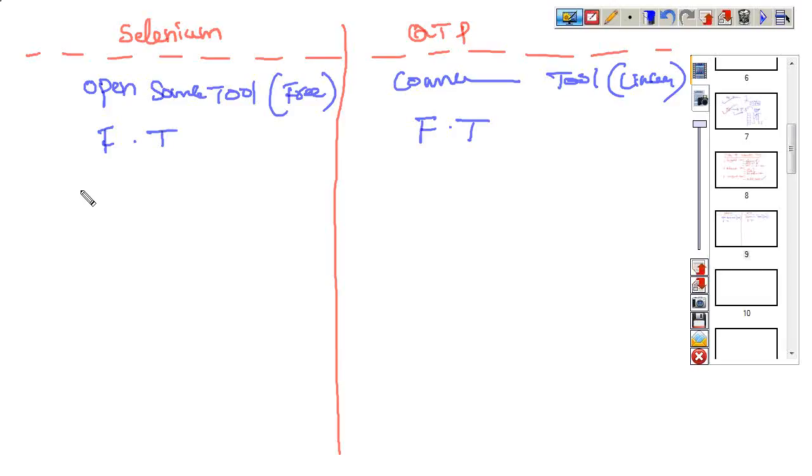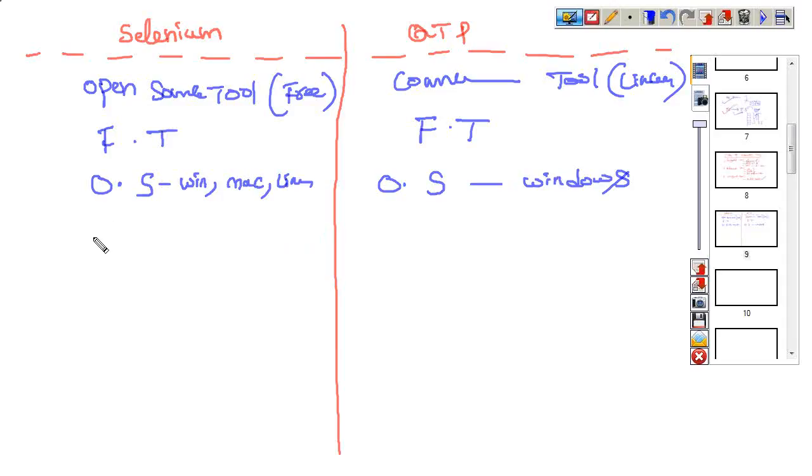One more: Selenium supports different operating systems. Windows it will support, Mac it will support, and Linux also. But QTP supports only Windows. Mac and Linux are not supported.